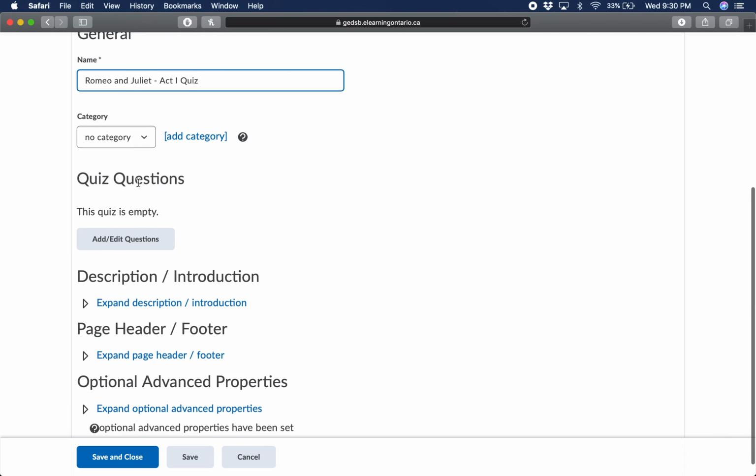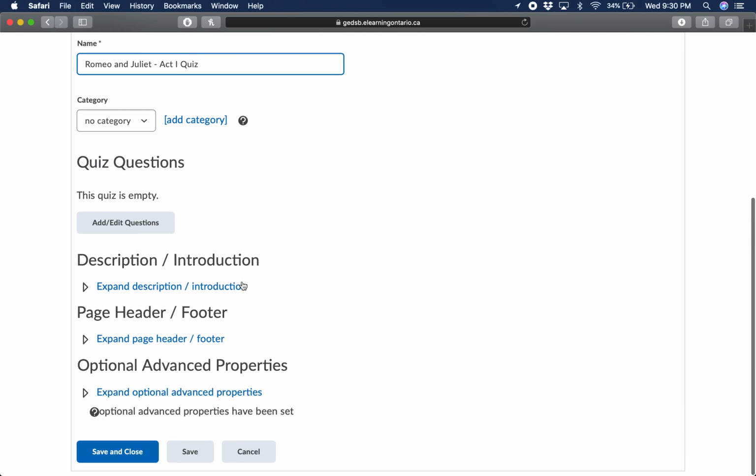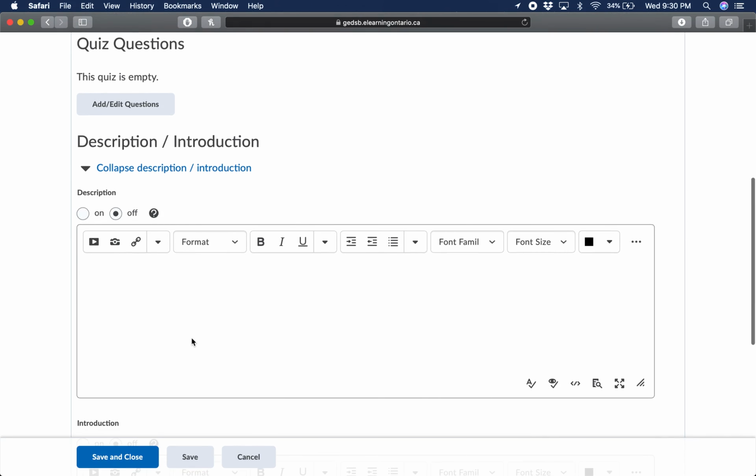This is actually the spot where you will enter all of your quiz questions. So we're going to come back to that in a minute. And then down below here, you have a few different options. So the description or introduction, this is actually what shows before they begin the quiz. So if I had a timed quiz, I would say something along the lines of, please ensure you have fully read Act 1 of Romeo and Juliet before beginning